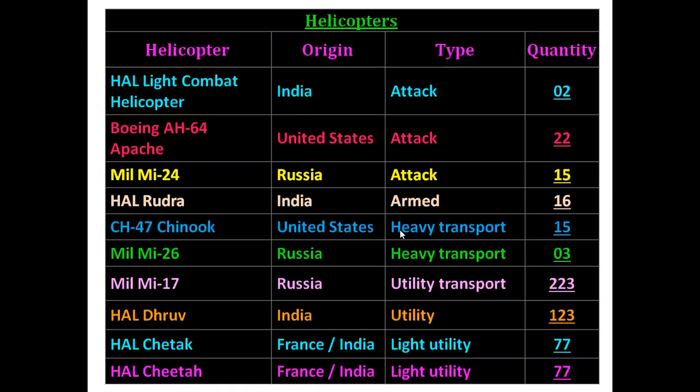And because of that, it is a heavy transport type of helicopter. There are 15 such helicopters in the service of the Indian Armed Forces. It is an American twin engine heavy lift helicopter. It is among the heaviest lifting helicopters,